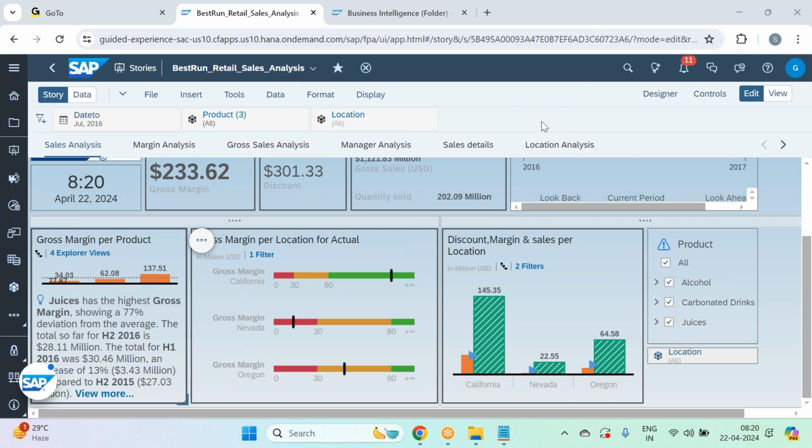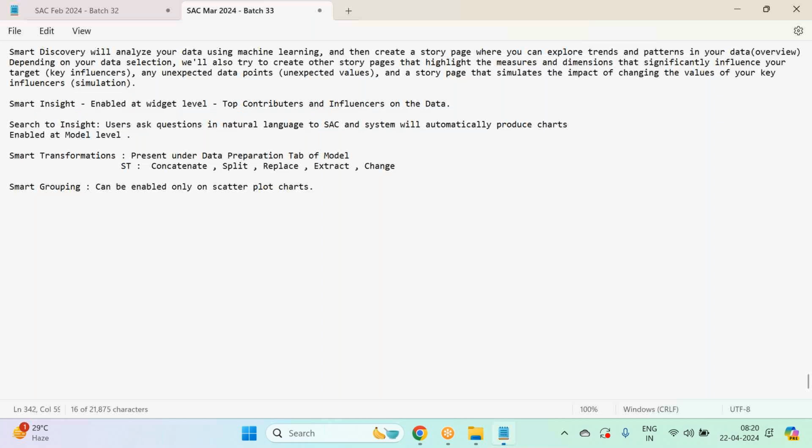Okay, so yes, that is about smart insights. So then we also have search to insight here. The third option is search to insight. So here, with search to insights, what happens is